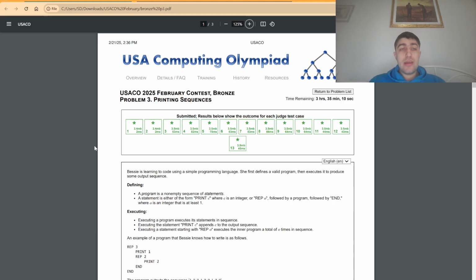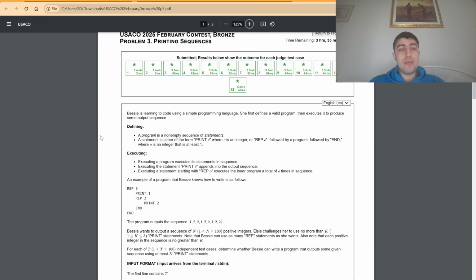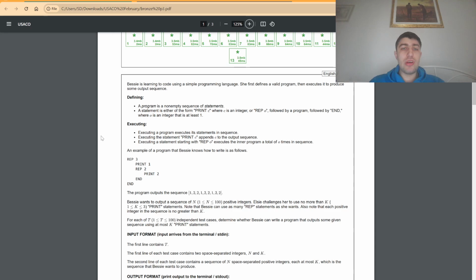Hello everybody, today I'm going to explain the solution to the third problem from the 2025 USACO February contest in the bronze division, the problem named printing sequences. In this problem, Betsy is learning to code using a simple programming language, and we have here a bunch of definitions and executions. So as you can see, this kind of programming language